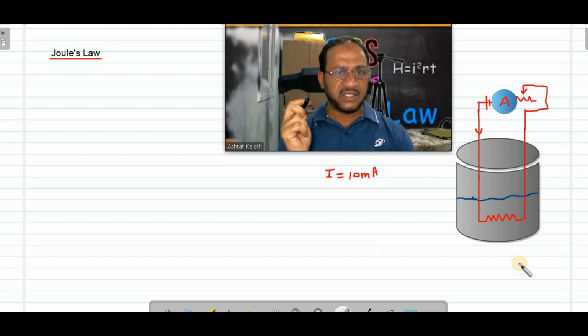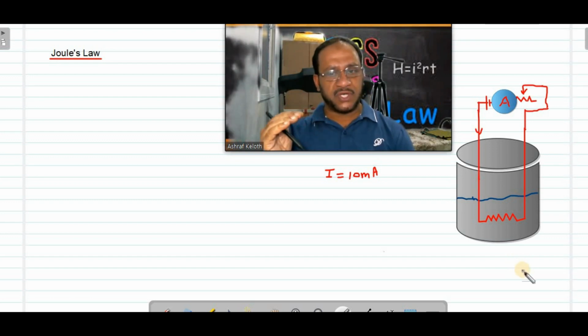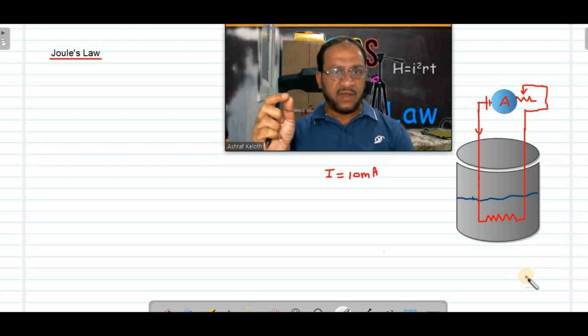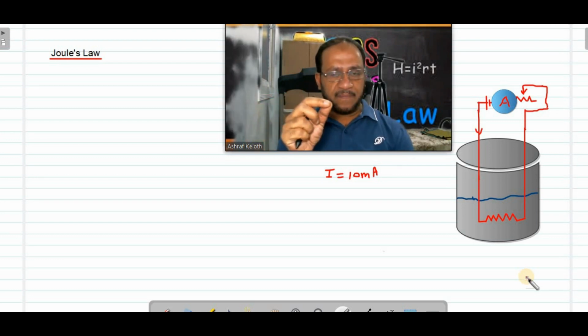Why is it heated up? Due to the friction. What is friction? Friction is opposition to the motion. So when something is moved and it is opposed, heat energy will be created. The energy of the moving body, the kinetic energy of the body, will be converted to heat energy. Same like that, when electrons are moving through a conductor, and if it is opposed because of the resistance of the wire, that kinetic energy of the electron will appear in the form of heat energy.